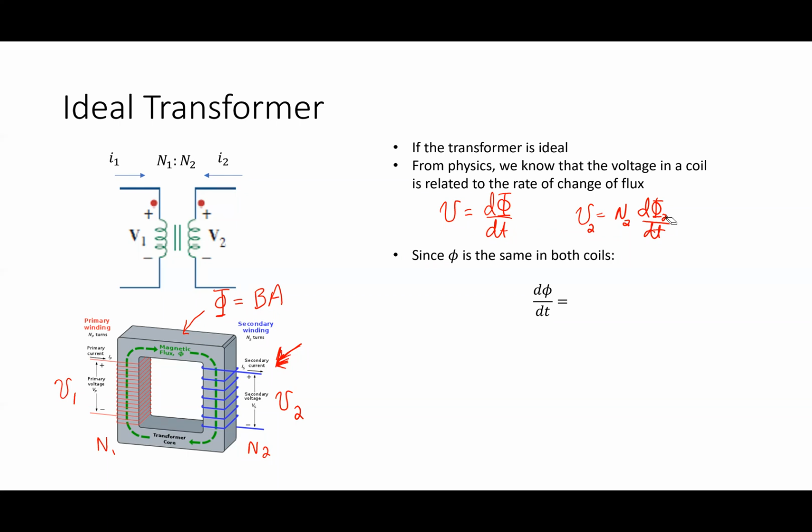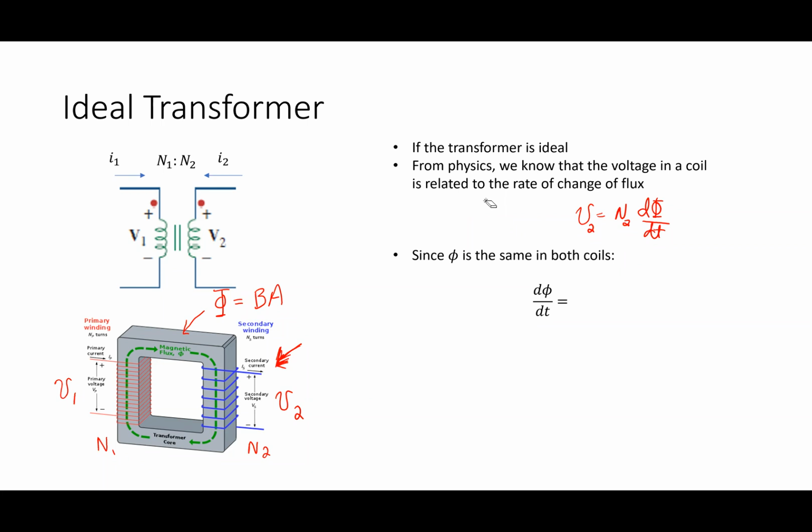B was the cross-sectional area and A was what? For flux, A is the cross-sectional area, B is the field, and phi is the total field. So B times A is the total flux. And really, it's an integral and all that kind of stuff, but if I simplify the problem, it's B times A.